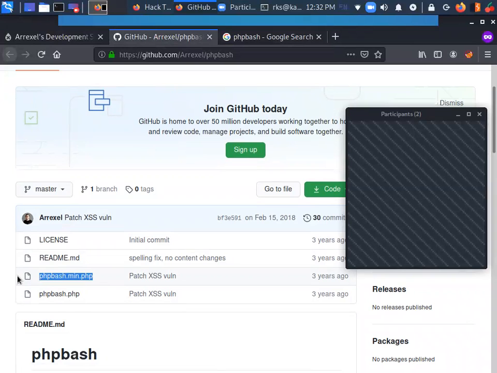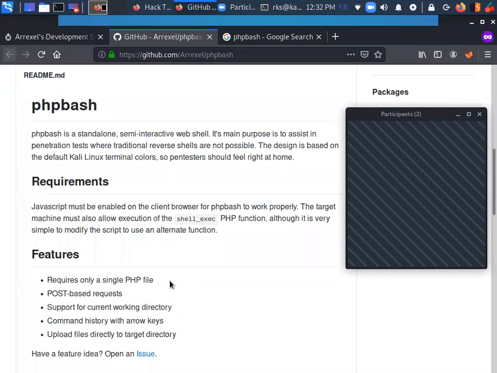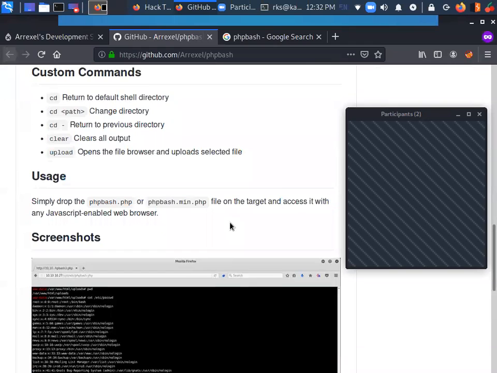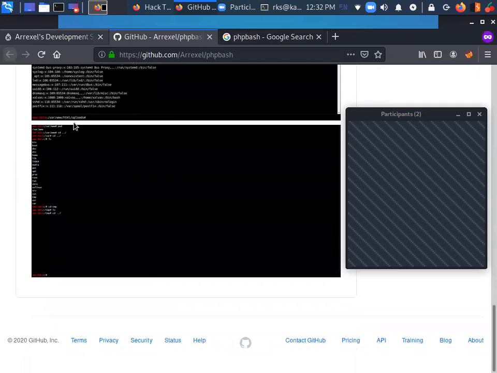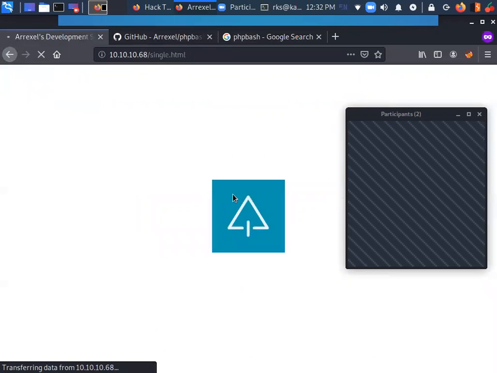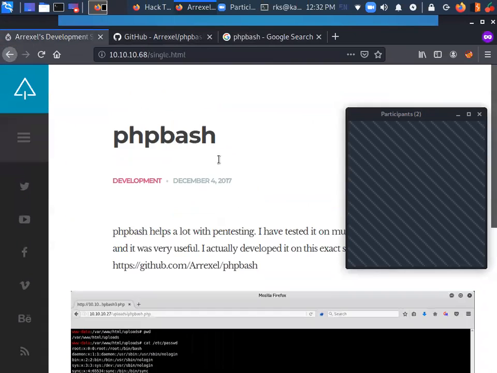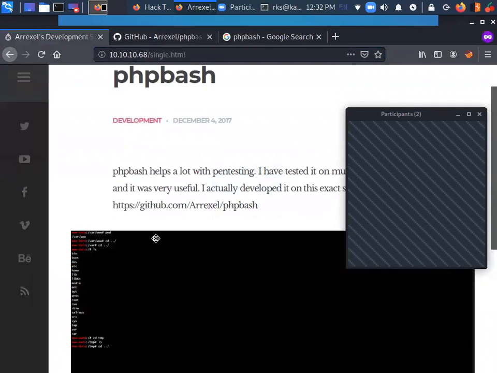License, readme. If you want to know more about it, you can just read through it. Some sort of screenshots are here. Okay, let's get back here. Let's go here. So in the single.html, I can see the same screenshots are available here as well.